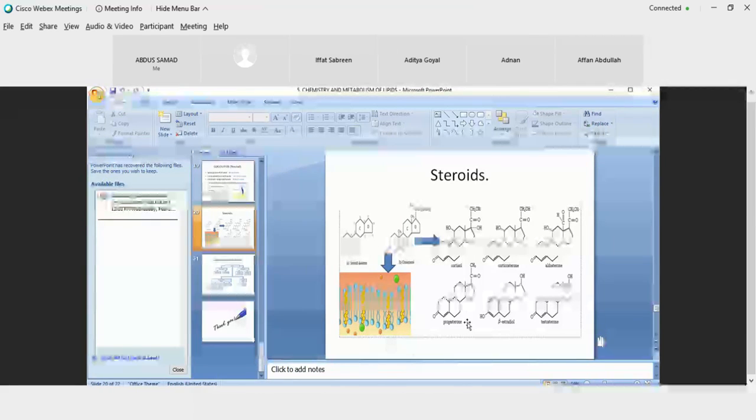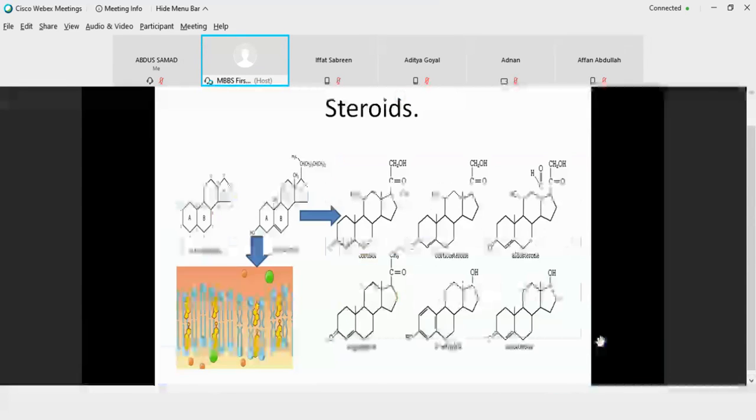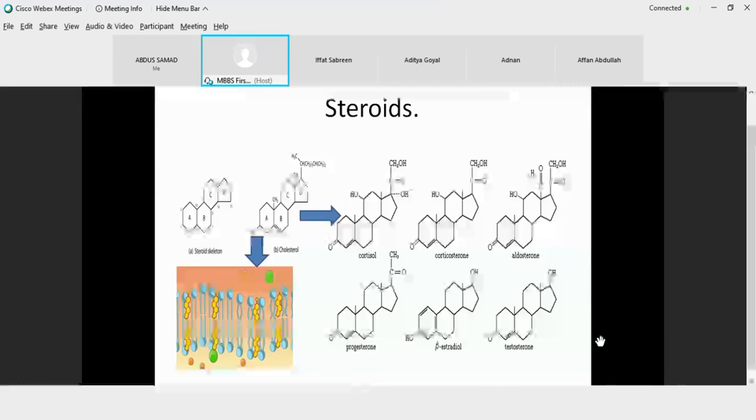See, if you look at the structure of cholesterol, at carbon number 3, we have an OH group. Whenever cholesterol is embedded in the structure of a membrane, it has to be oriented in such a way that the OH group is facing upwards. Upwards means the head part of your phospholipid, because this is the only group that would present hydrophilic nature.